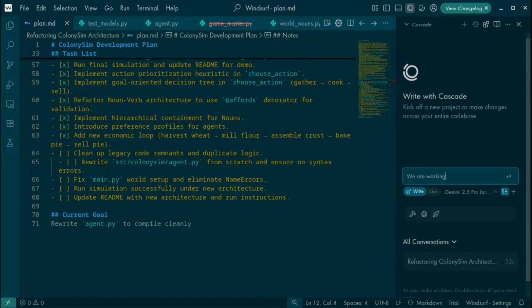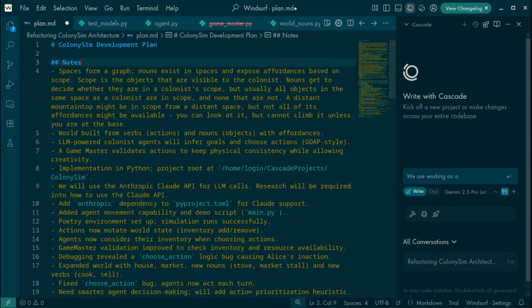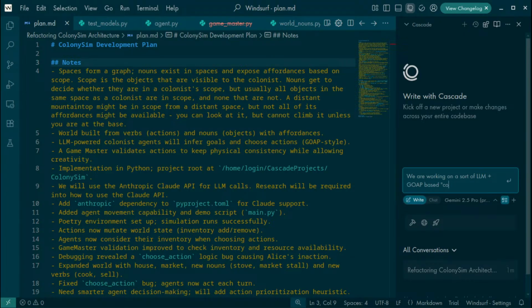We are working on a... You know, he never actually, like... Okay. Let's get rid of this. We are working on a sort of LLM plus GOAP-based colony simulator.